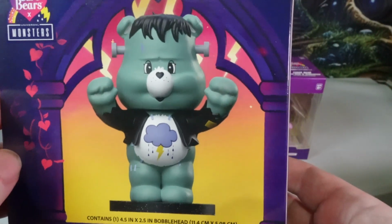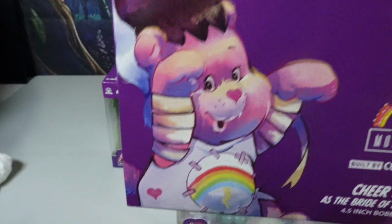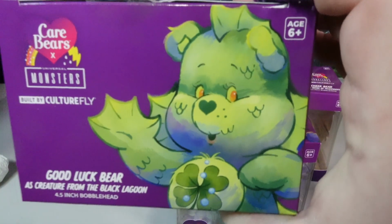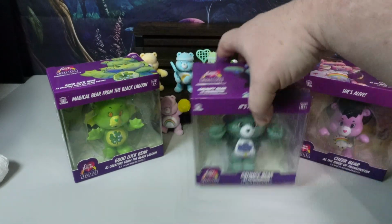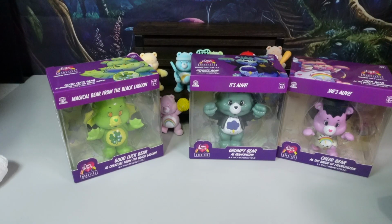And here is the back of his box. And here is Cheer Bear's artwork. Very cute. And Good Luck Bear's artwork. I love it. Good Luck Bear's my favorite. So there they are. Okay, and that's what Five Below has right now in the line of Care Bears merchandise,